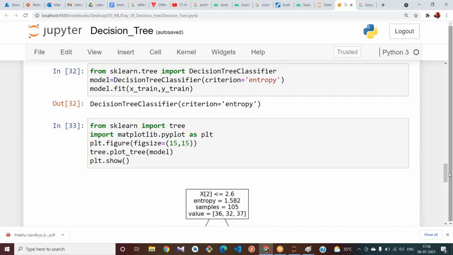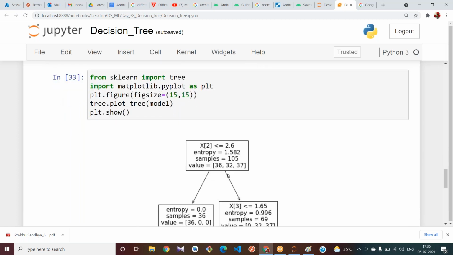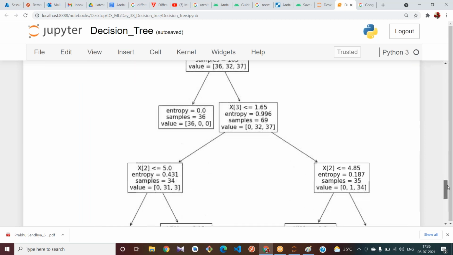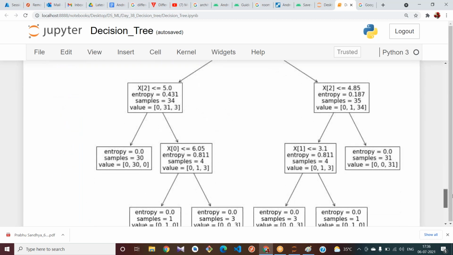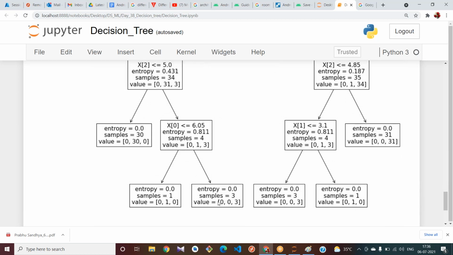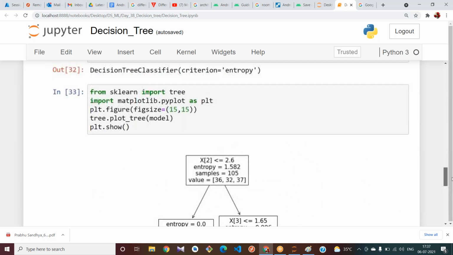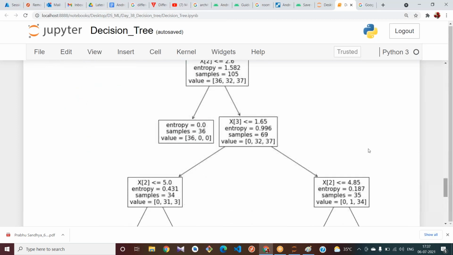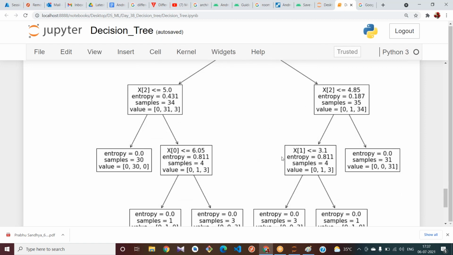See, by using the entropy, you can observe the entropy values, how it is getting reduced here. Based upon the x of 2 feature only, by using entropy or Gini, it has taken x of 2 feature only here. You can observe that. See, we can also see how many levels we have here? Tell me. Into how many levels it has been split? 6. Yes. This is 1, 2, 3, 4.